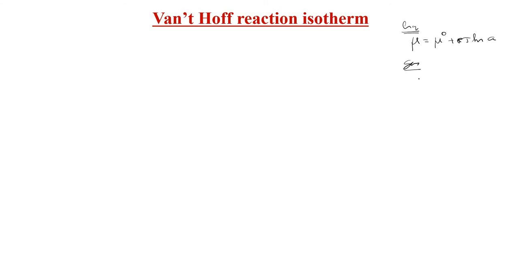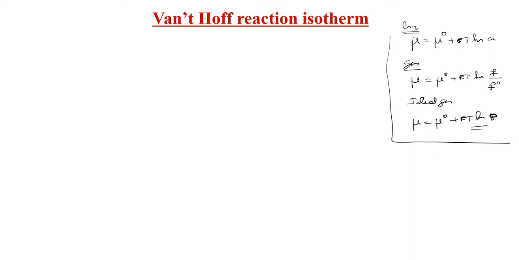If it is a gas phase, then we can write chemical potential mu is equal to mu naught plus RT ln fugacity of the compound by fugacity of the compound in the pure state. If it is an ideal gas, then you can write mu is equal to mu naught plus RT ln P. F naught is equal to P naught, F is equal to P. And you know very well, standard pressure we usually keep as 1 bar. So this is the expression for an ideal gas. Keep all these things in mind.